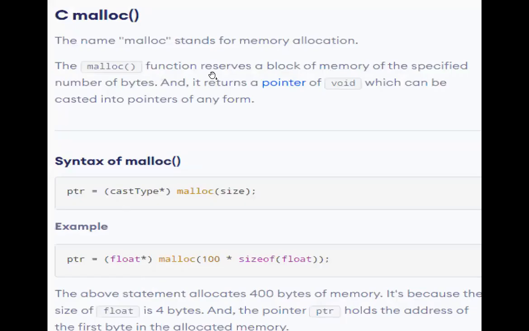So malloc stands for memory allocation. It will reserve a block of memory with a specified number of bytes. It returns a pointer of void which can be cast into any pointer.